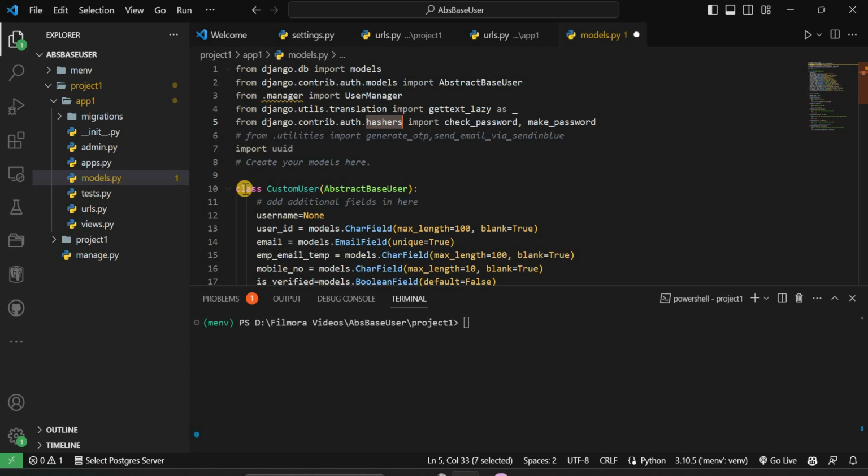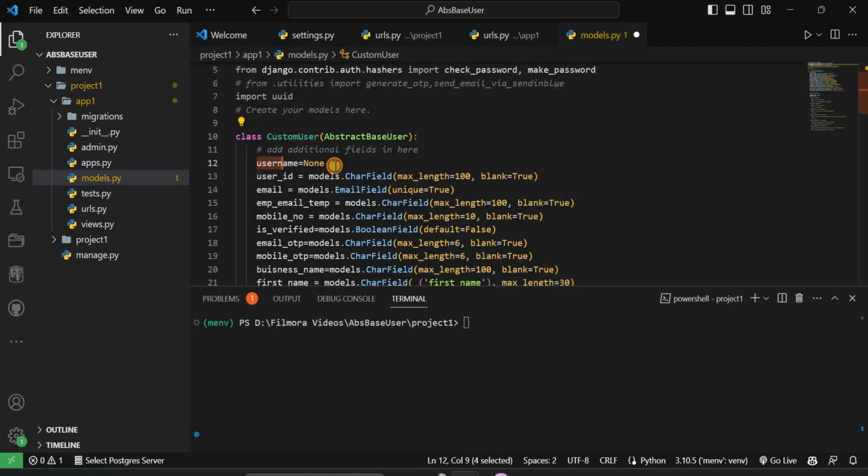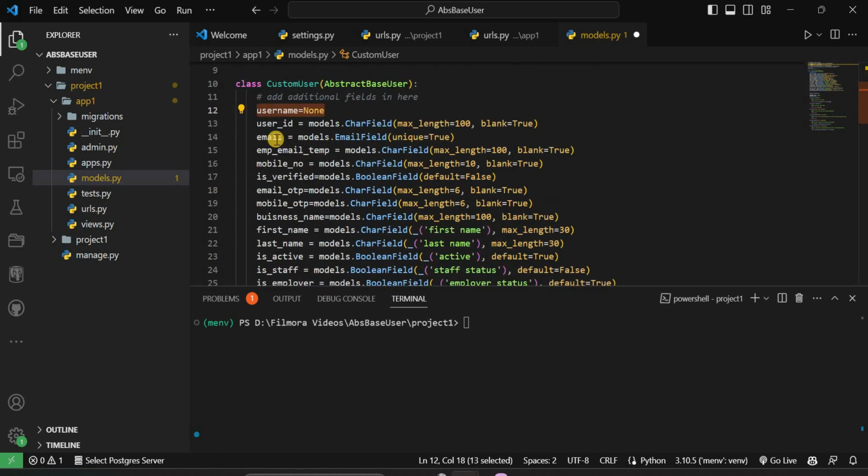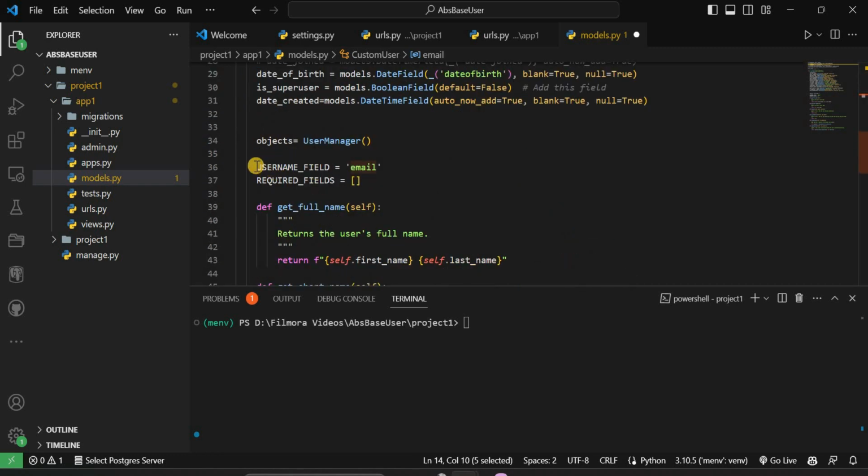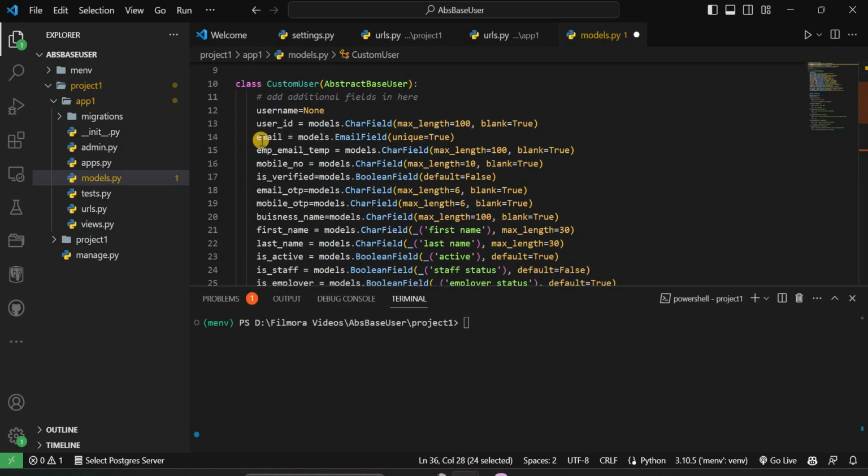So now this is a custom user. You can name this class anything you want, and we have username none because, as you know, by default if you're making a user in Django, we have to have a username. But here, since this is a custom user model, we are defining it as none. Now our username will be email. Why? Because we are defining the username field as email. Then I have defined a few certain fields which were suited to my project,